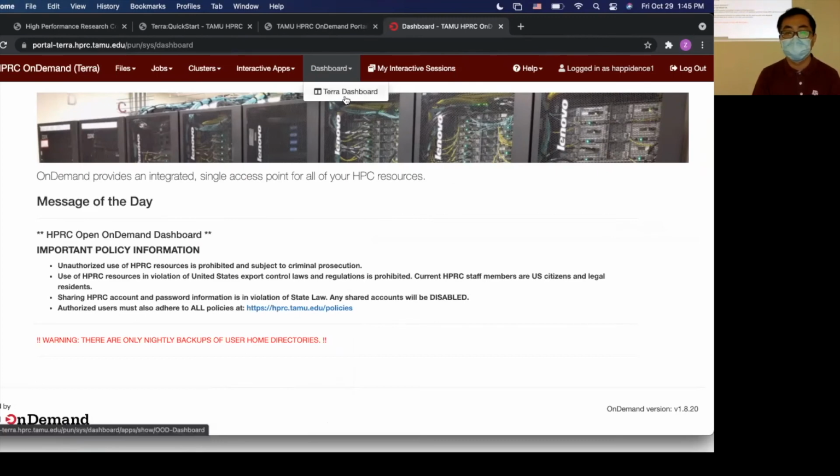So we have a dashboard. You can use the dashboard to check your SUs, the service units. When you run jobs, this will consume your service units, and you want to look at how many SUs you have used and how many SUs you still have. Also, if you don't have enough file count, file limits, or space in the directory, you can send a request to us by using this dashboard as well.